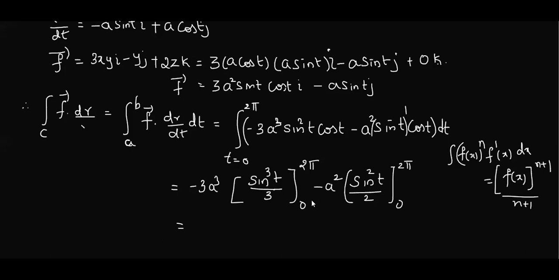Very good. See the thing here, we have this t depending on sine. Sine of 2 pi and sine of 0, both are 0. So if you substitute in both the things, obviously it is going to be 0. So just write the reason, sine of 2 pi or sine of 0, both are 0. Got the thing? After doing everything, here 0, but not to worry, you'll get full marks. Is the part clear?